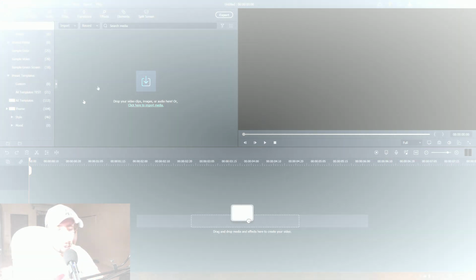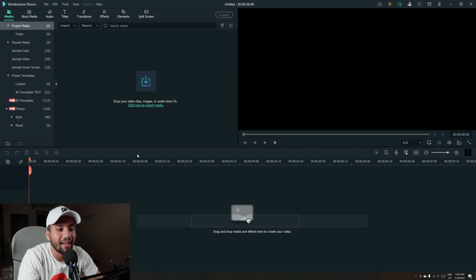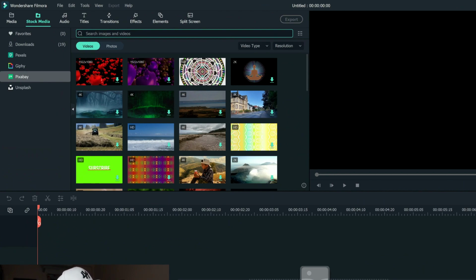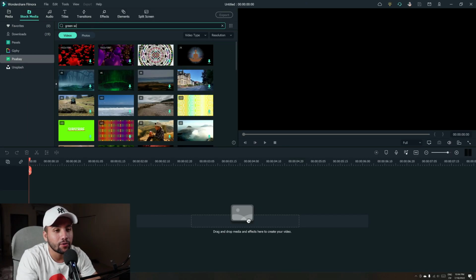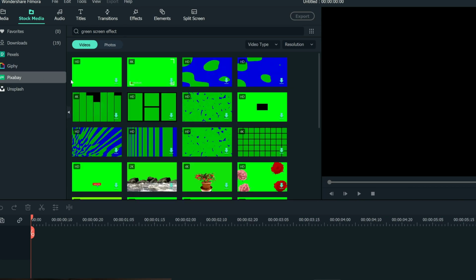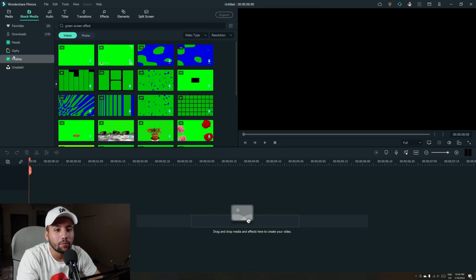So let's get started. Okay, so one of the easy ways that I normally use is going to the stock media, and this is a very easy way for you to use. For example, let me go ahead and search for green screen effect. I will search from Pixabay, and we also have Unsplash for pictures, Pexels, and Giphy.